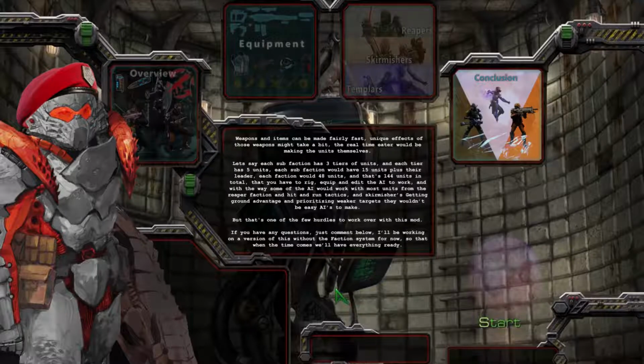Weapons and items can be made fairly fast. Unique effects of those weapons might take a little bit more time, but the real time eater would be making the units themselves. Let's say each sub-faction has 3 tiers of units, and each tier has 5 units. Each sub-faction would have 15 units plus their leader, which means that each faction would have a total of 48 units. That's a total of 144 units that you have to rig, equip, and edit the AI to work, and